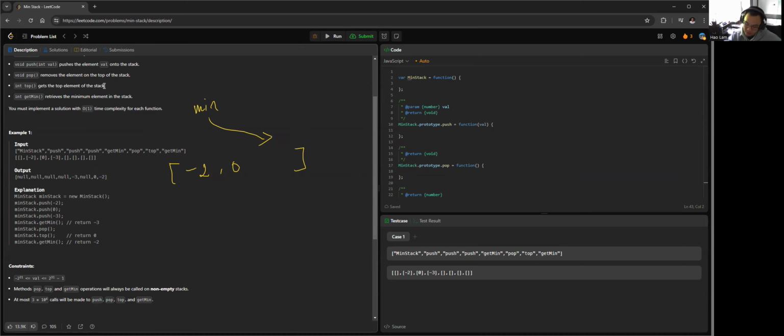What if we pop off the top of the stack, which is the -3 here? Now, how am I supposed to know the next minimum? We need to iterate through the array again. That will give us O(n). So what we can do instead is keep track of the minimum up to a certain